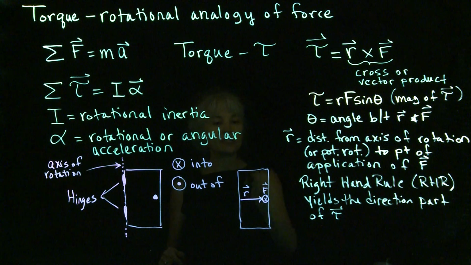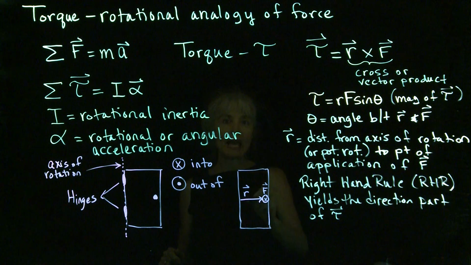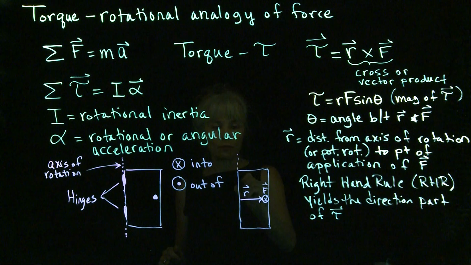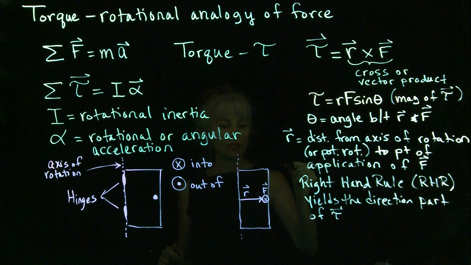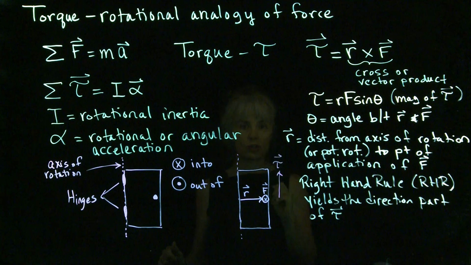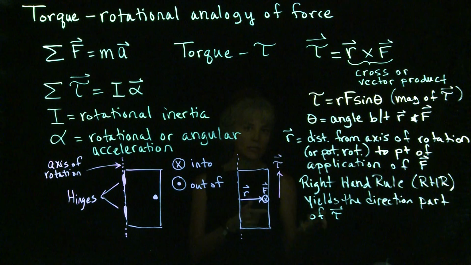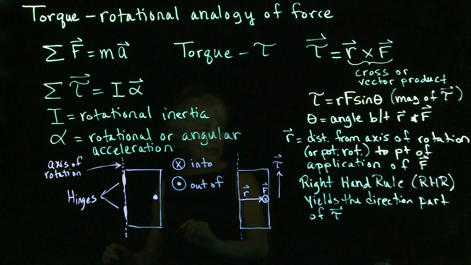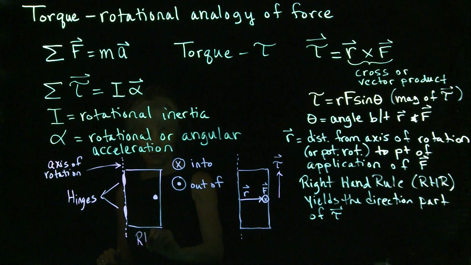And notice that that is in the same direction as the axis of rotation. So remember, this is the axis of rotation. The resultant torque here is going to be in the upward direction. So that's the direction for the torque. So this is how the right-hand rule is applied. Okay? And I'll just write it down here. So for the right-hand rule,